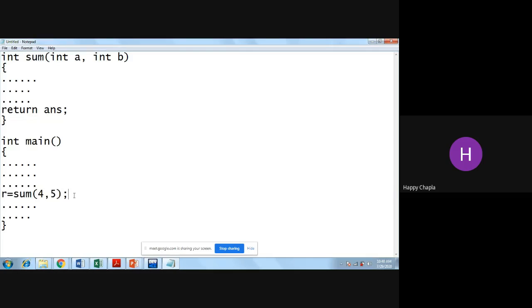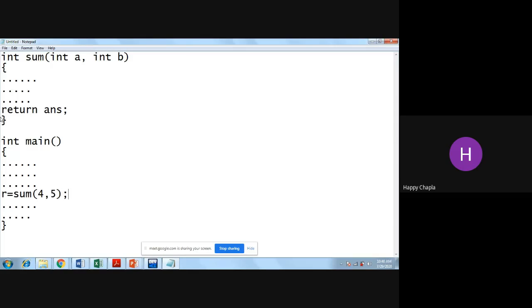So if I call my function from here, the compiler needs to save this location for the return purpose. So it will save the current location.